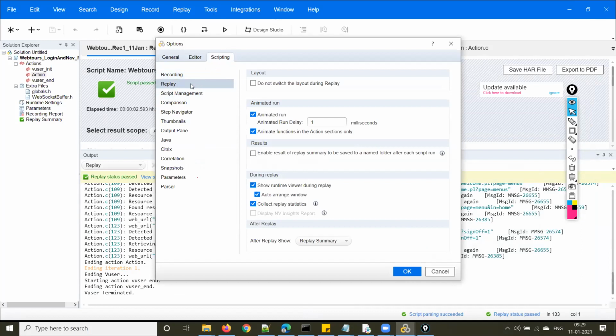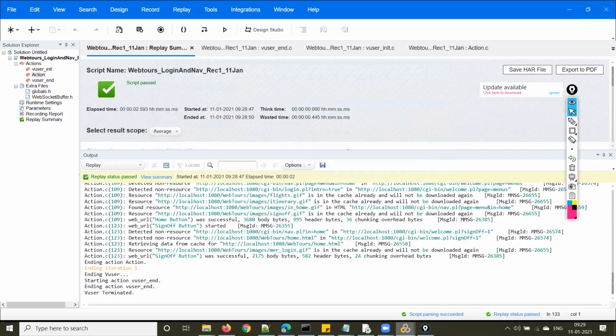By default this will be unchecked, right? So check this.